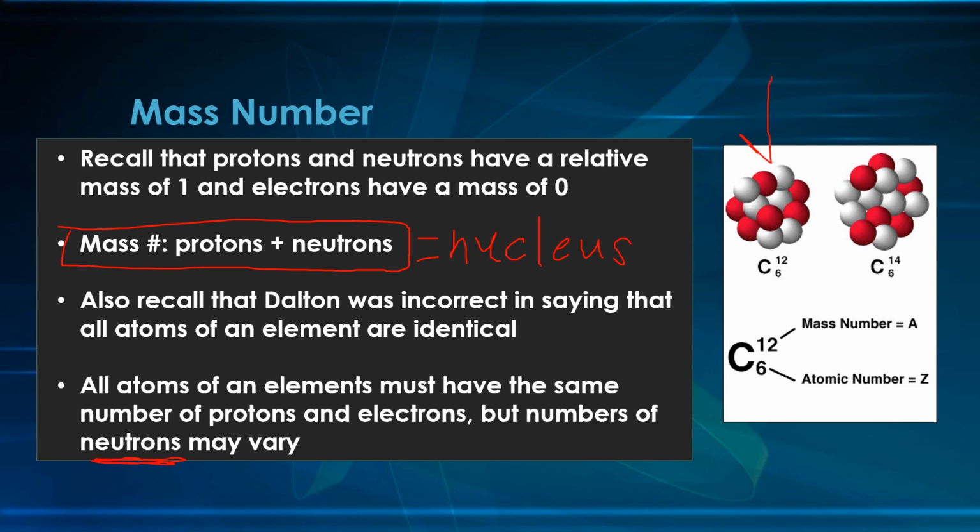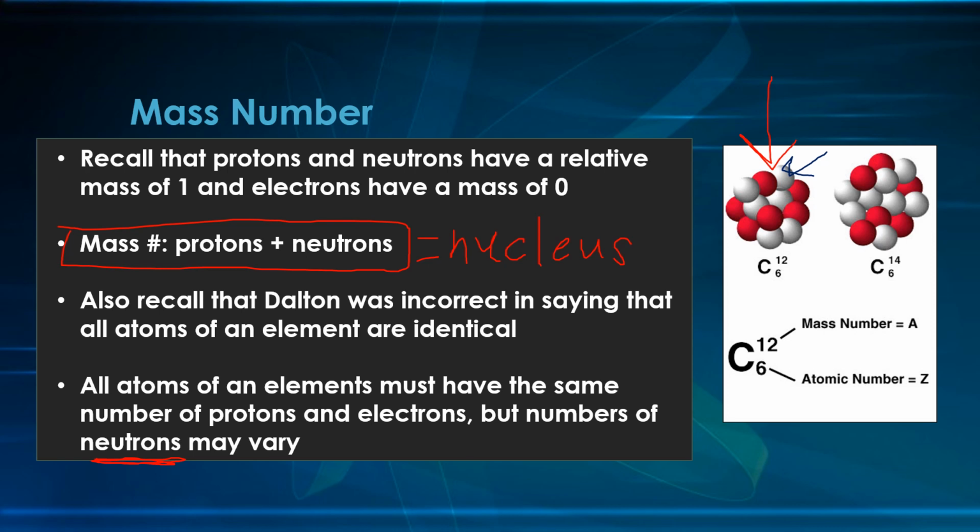So what you see down here over on the right-hand side is the nucleus of a carbon-12 atom. So what I'm noticing is that there are 1, 2, 3, 4, 5, 6 red protons, and there are 1, 2, 3, 4, 5, 6 white neutrons. So the job of the neutron is basically, I like to call them like little middlemen. So the neutrons hang out in between the protons, because I know that positive charges repel. So the neutrons hang out in between the protons to keep them from repelling and to keep our nucleus from